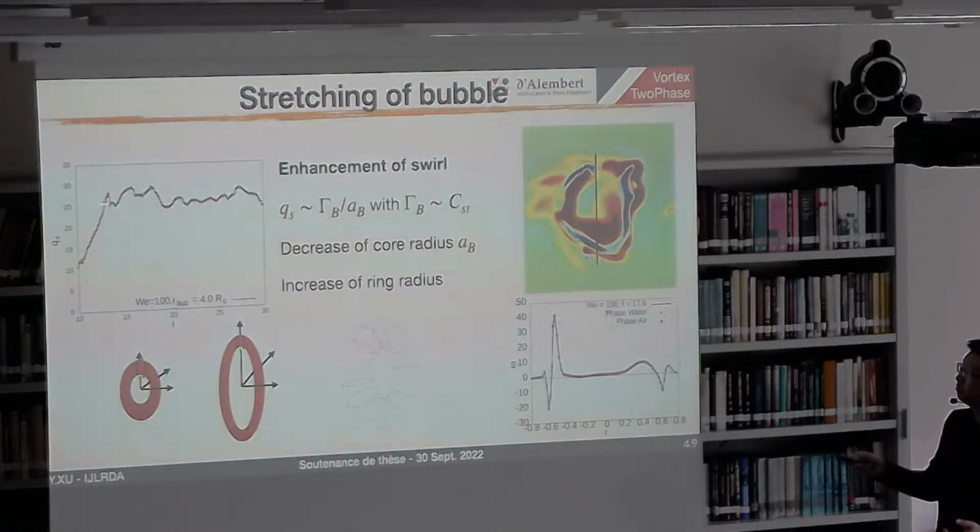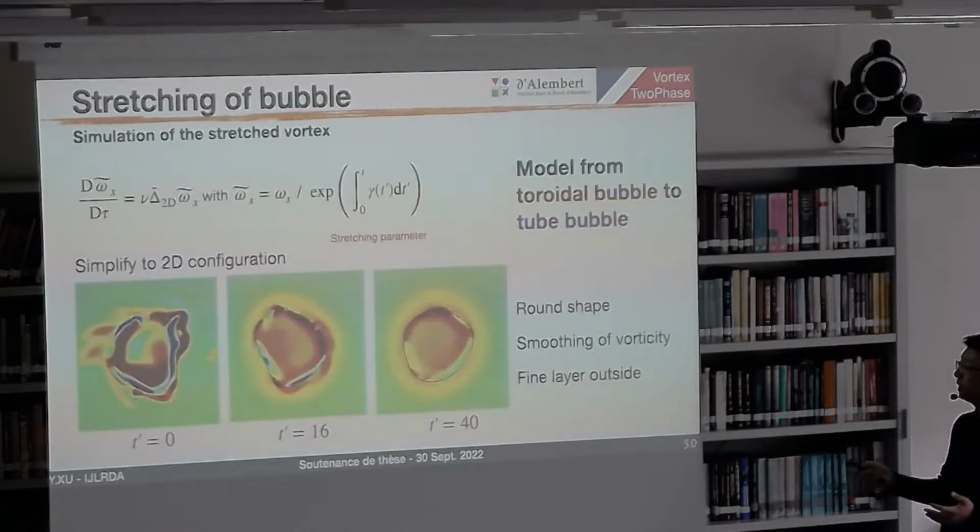If we take a look at this vorticity distribution around here, we can find it's still very complex, with a very large vorticity concentrated near the interface, so this flow is still very complex for stability analysis. Since we can write the vorticity equation in such a form, where omega tilde is the autosimilar solution for vorticity after stretching, and gamma is the stretching parameter, we can move our model from a toroidal bubble to a tube bubble. We then duplicate our